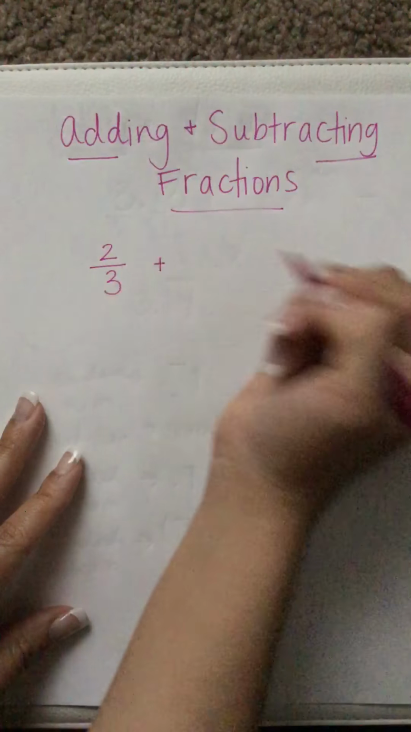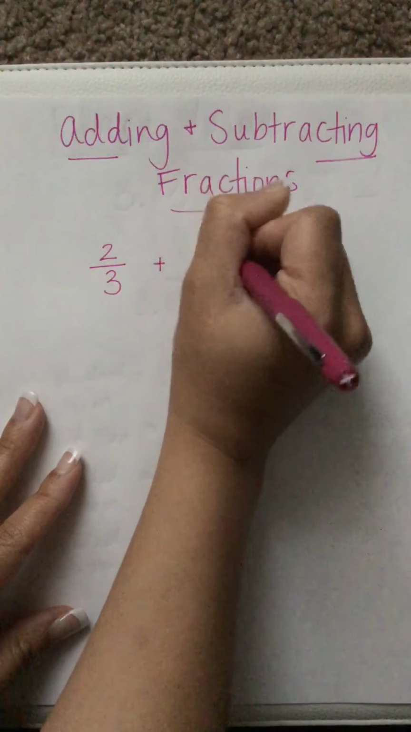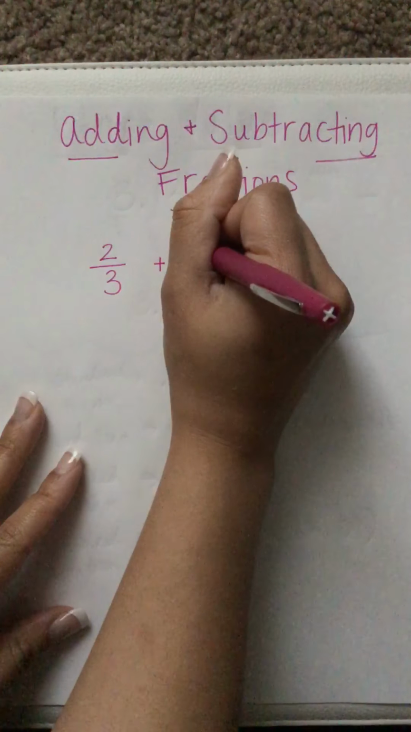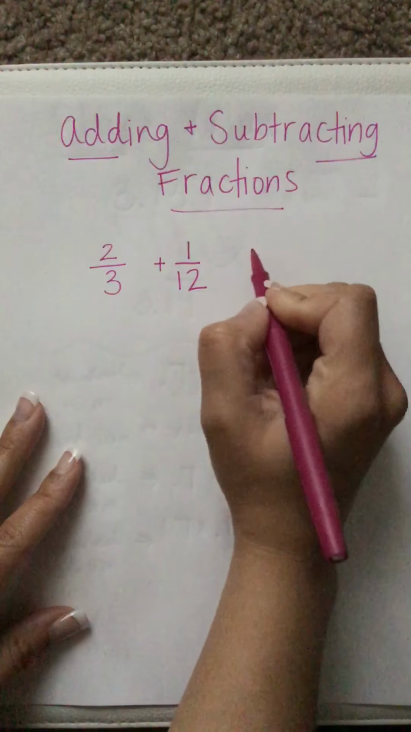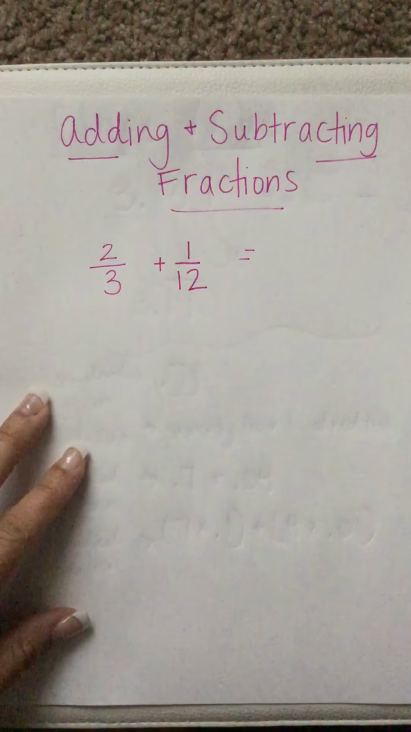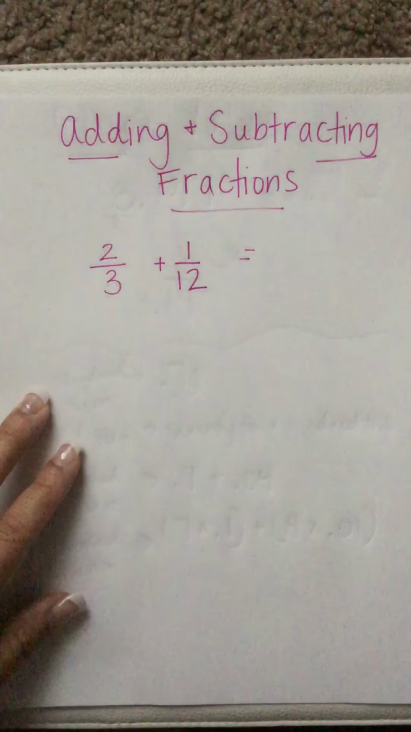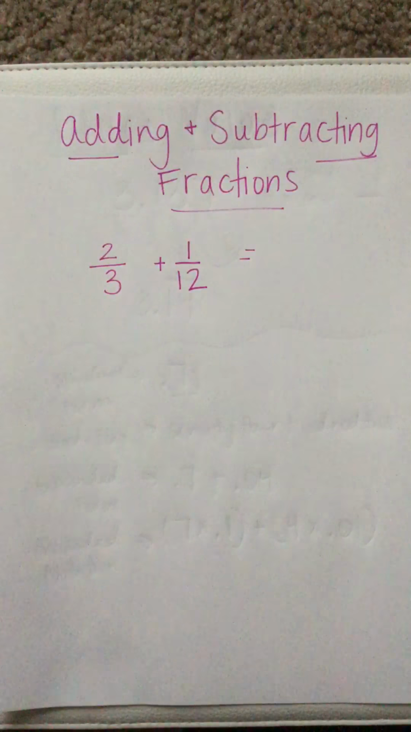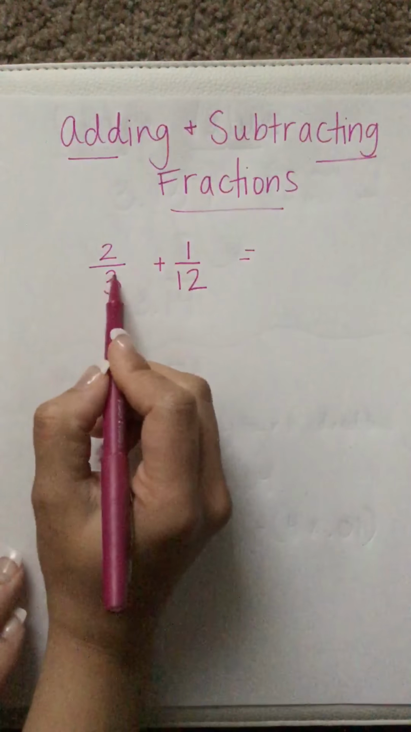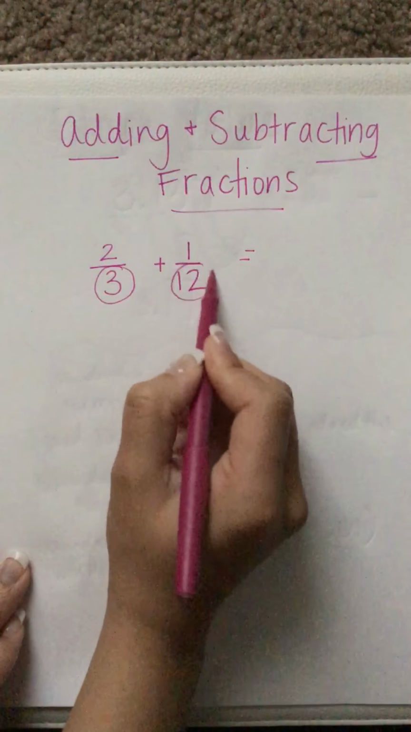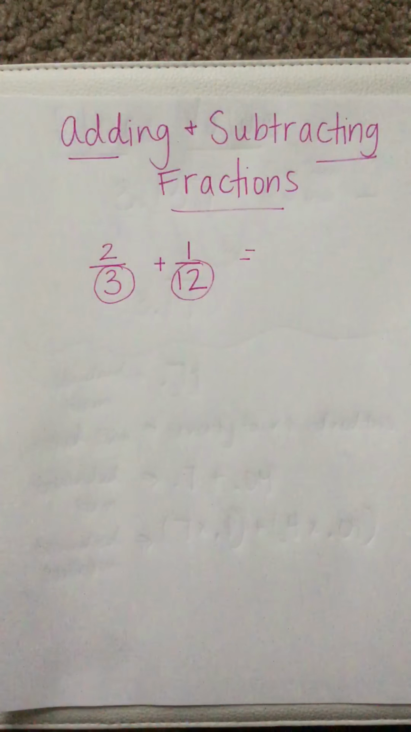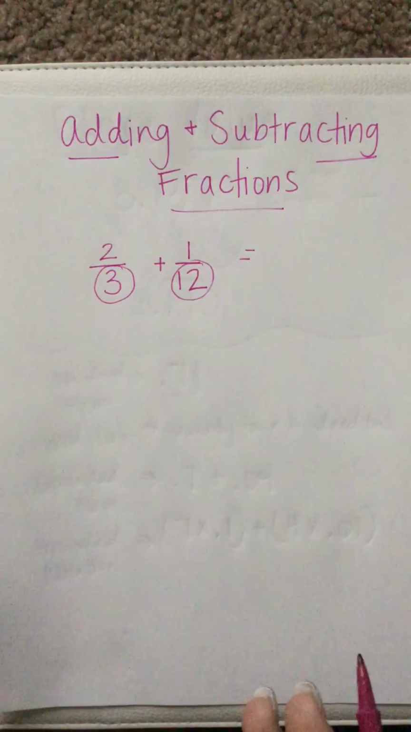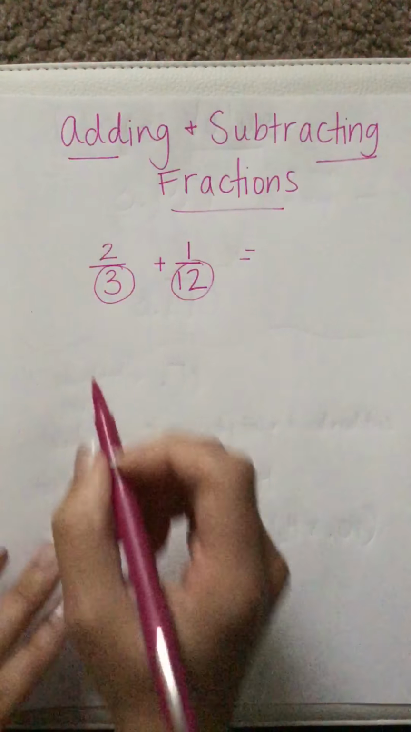2/3 plus 1/12. Okay, you cannot just add these two fractions. You can only add fractions when the denominators are the same, but we see that they're different here. So before we can add these two fractions, we have to find the